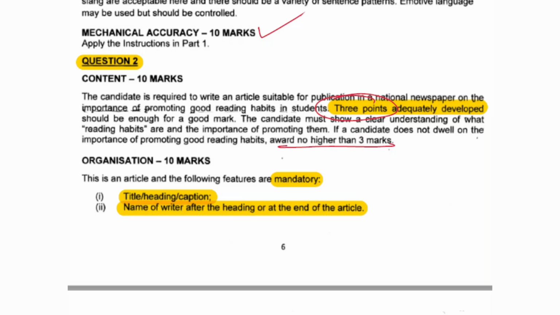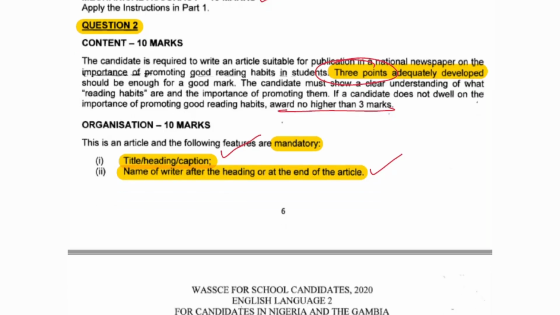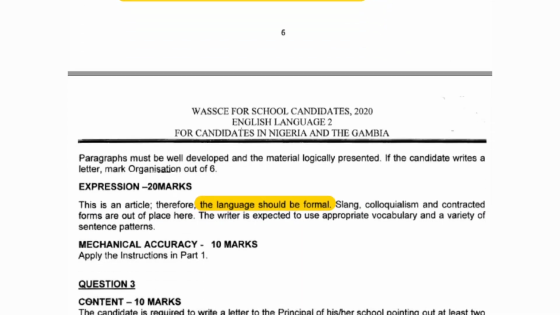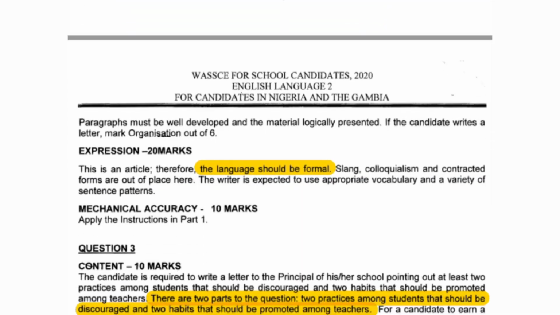You should have a heading or a caption or a title. Then you should put your name at the heading or at the end of the article. You don't want to just leave it, and you can imagine you reading an article from the newspaper without a heading, and at the end of it there is no sign out of the person who had written the article. No. This is the right way to go about it, and Waec is also expecting that you should do that. Okay, and then develop your paragraph well. Now,